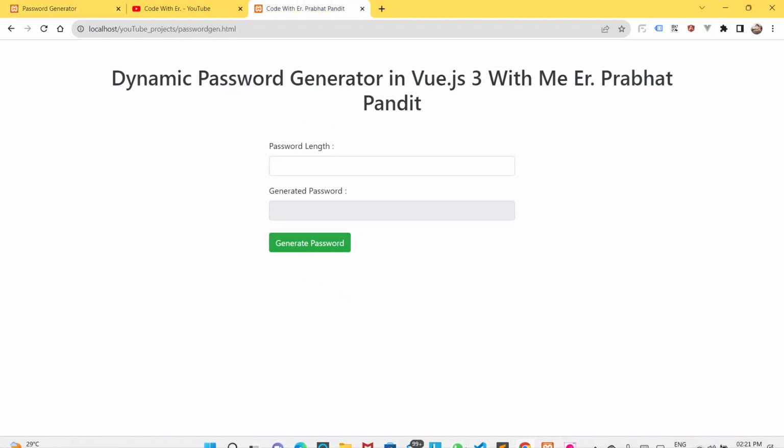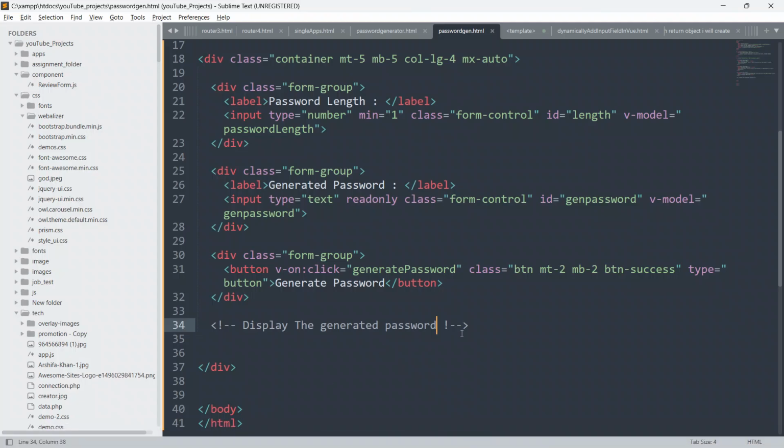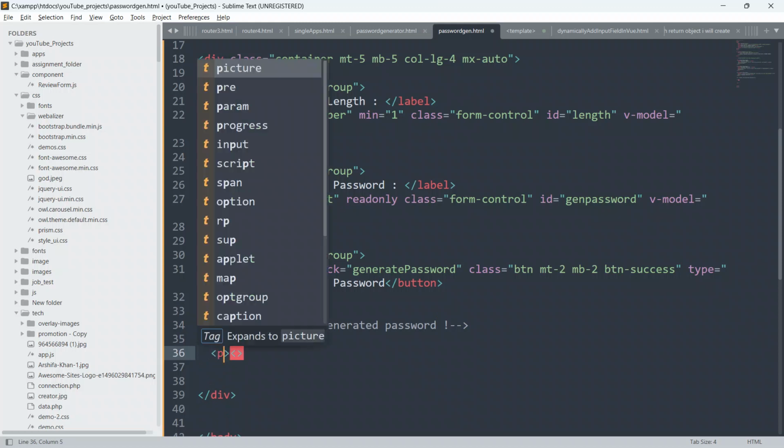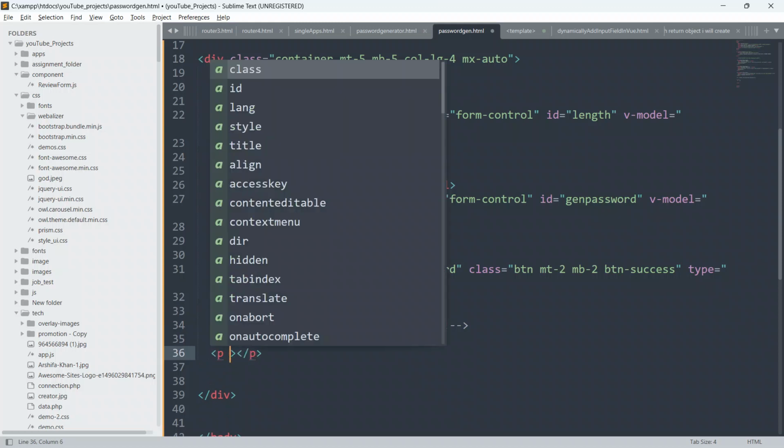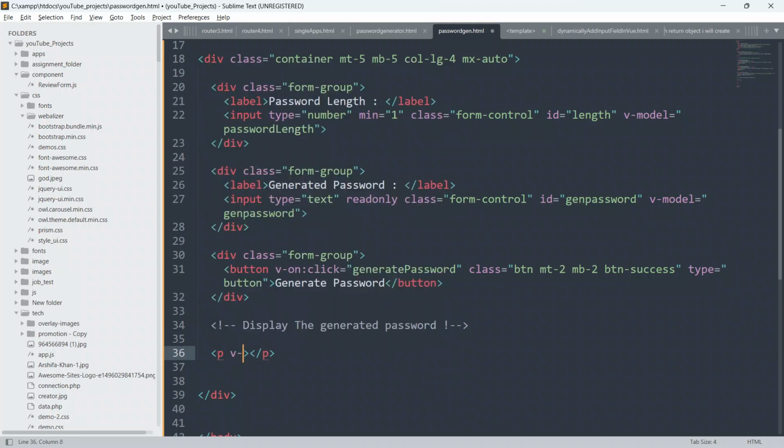So just go into our code, and below this comment I am going to create the HTML. I will create a p element, give p and close this p, and I will use v-if here. I hope you know what v-if is. We use v-if to render something, to show something based on certain conditions.